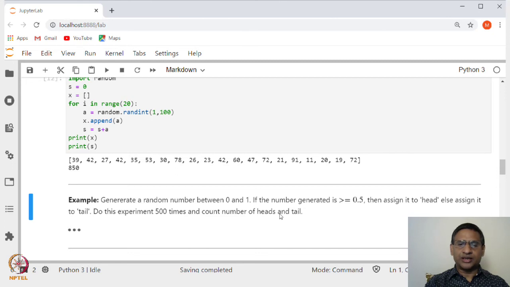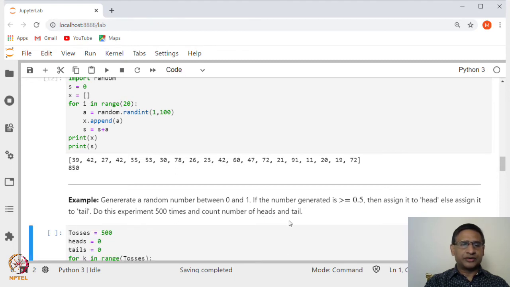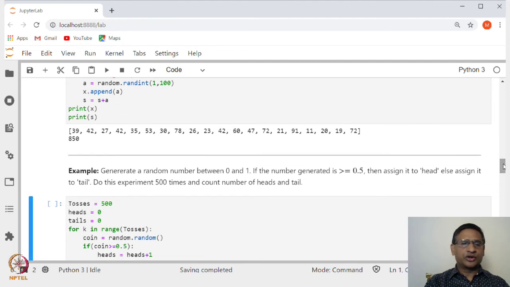So, instead of tossing a coin, you are generating a random number between 0 and 1. When the number is greater than or equal to 0.5, you assign that as a head, otherwise tail. So, this is a very simple way to look at it. The number of tosses is 500, and to begin with, the number of heads is 0 and the number of tails is also 0.